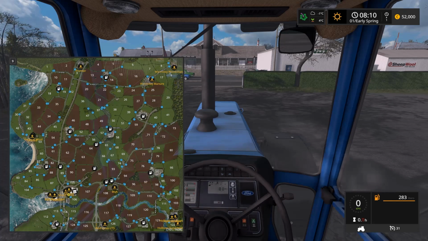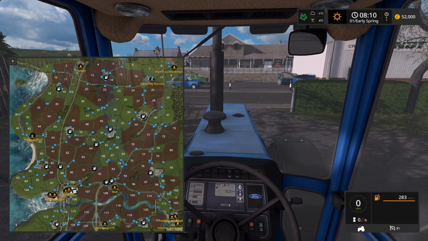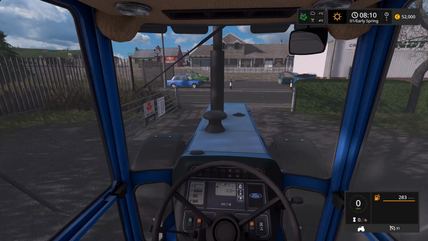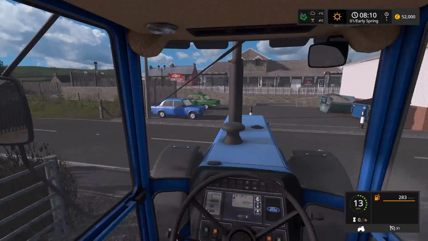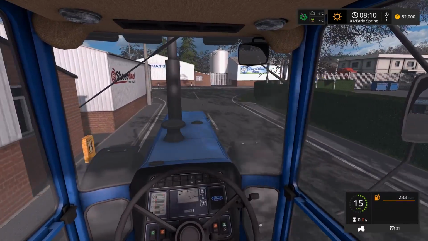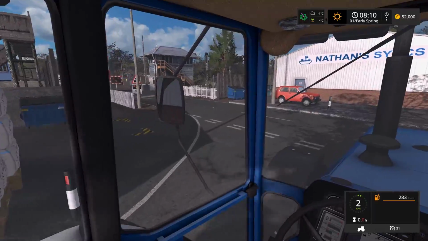Now this map was originally created, what I'm going to have to do is move my wheel out of the way because that's not dialed in properly, but that's to be expected. This map was originally created for Bullet Bill to use on his private dedicated server, and then after a little bit of time they decided it was only right to release it really, so that's where we are right now. And first impressions,